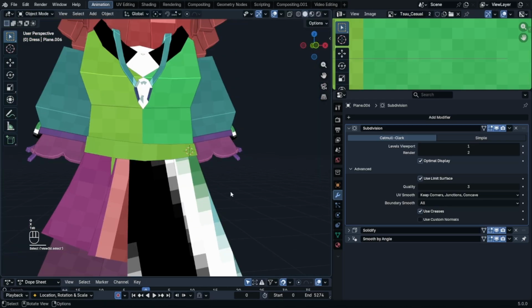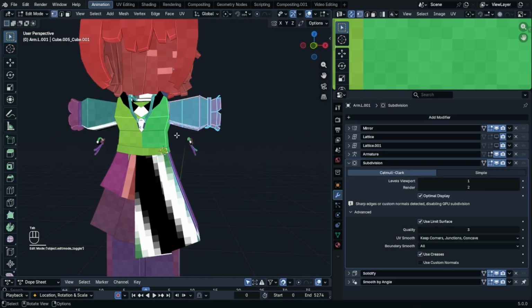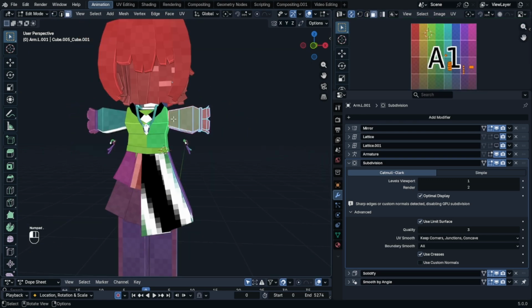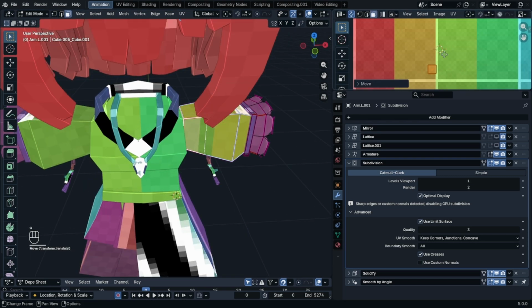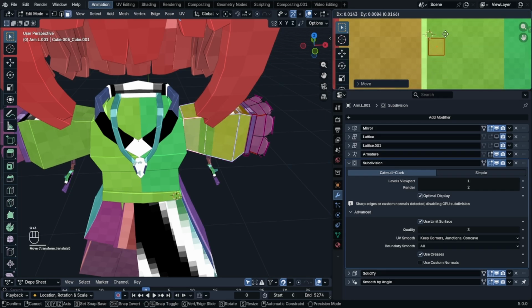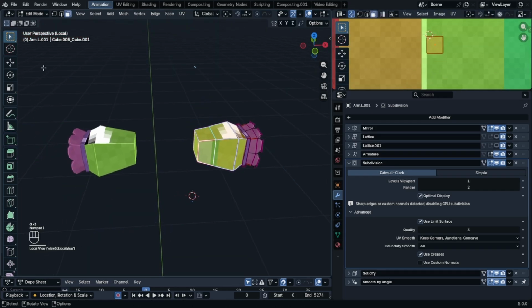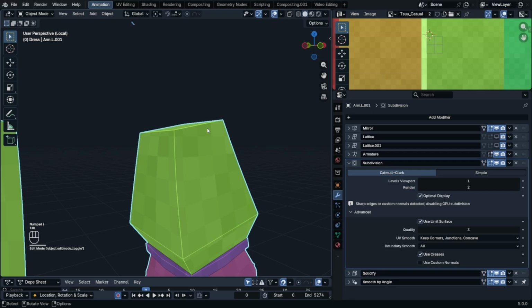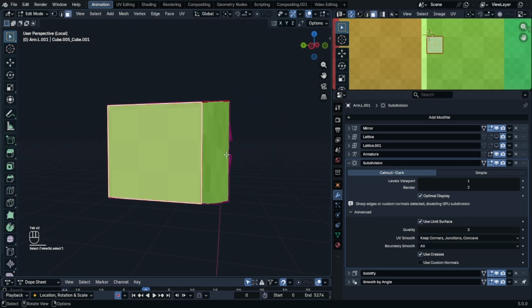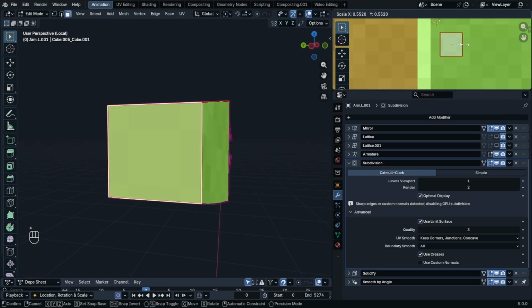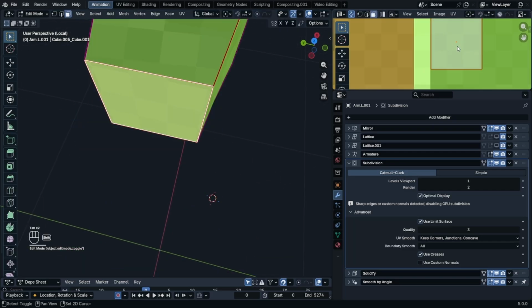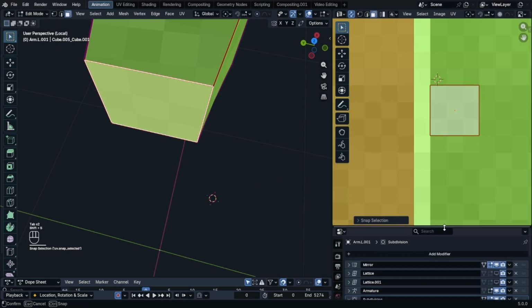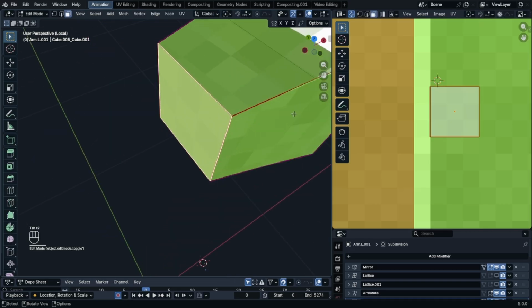There we go. Nice. Moving on to the sleeves. We're gonna go with this, and we're gonna go with this because those are the same thing. For the sleeves or for anything related to the hands, I would usually first start off with determining how many pixels this square is. I always use 3 by 3 because I like 3 by 3. So we're gonna snap this to pixels, 3 by 3, and then here,